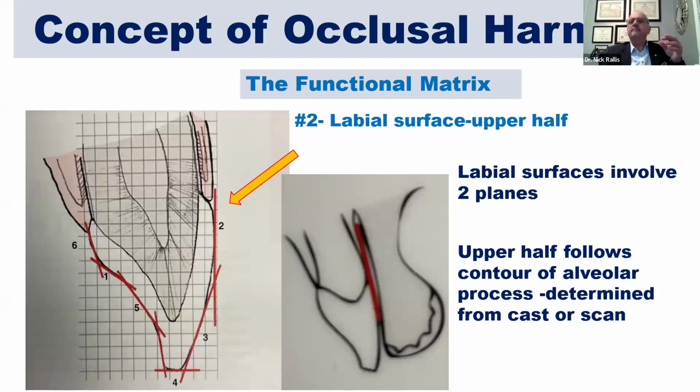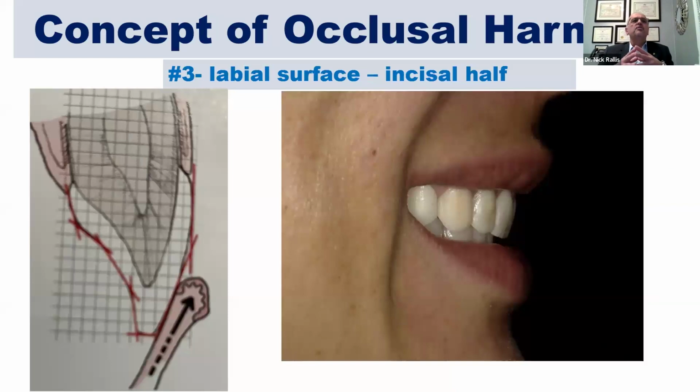The third determinant is the labial surface of the incisal half, which is again 2-plane. We determine that from our matrix, from our wax up. Once we get our wax up, we have our prep guides, and we want to use the prep guides to give the laboratory enough room so that we can make the correct amount of porcelain and the correct contour of those teeth. So the facial plane must be in harmony with the lip closure path,